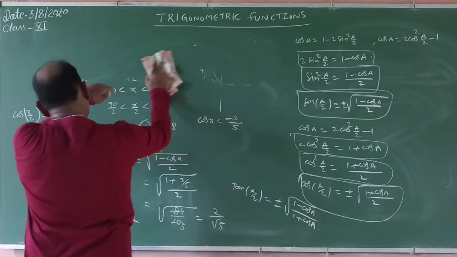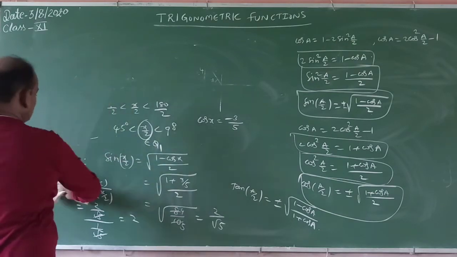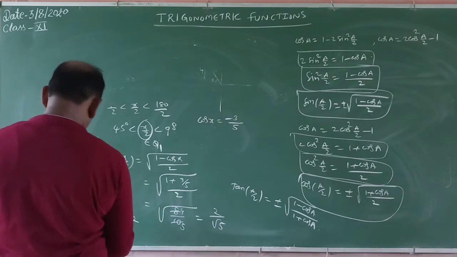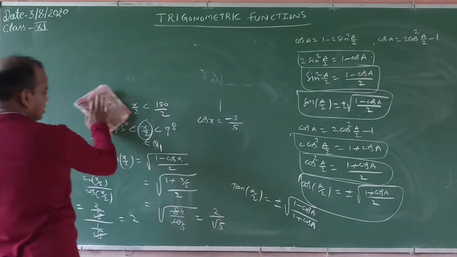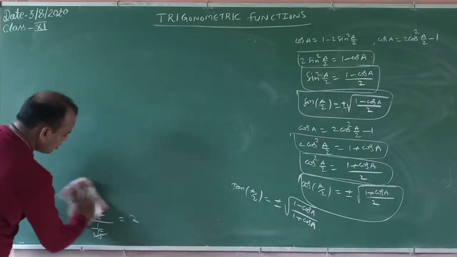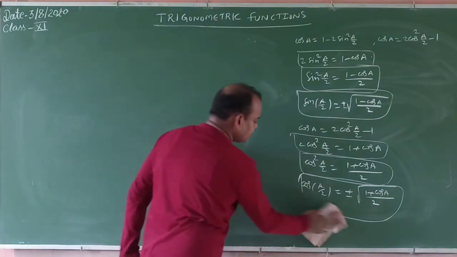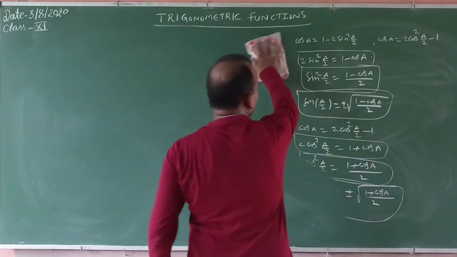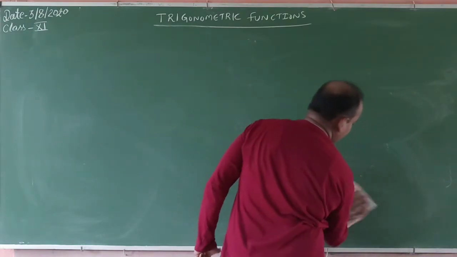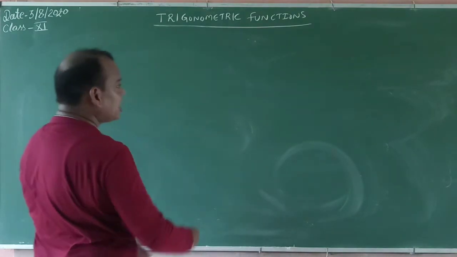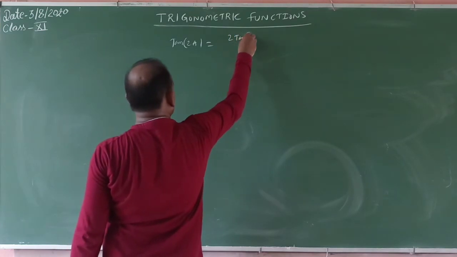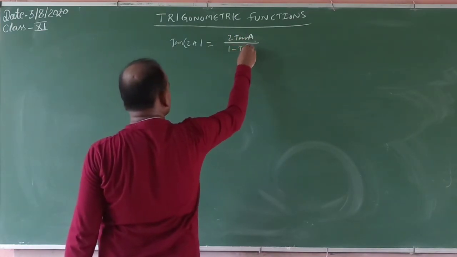Now, next we will go to the next formula, multiple angles, tan 2x. Tan of a plus b formula. What is the tan of a plus b formula? Tan a plus tan b by 1 minus tan a tan b. From that one, we will easily find the formula. In this one, replace b by a. Now tan 2a. What is the formula of tan 2a? 2 tan a by 1 minus tan square a.